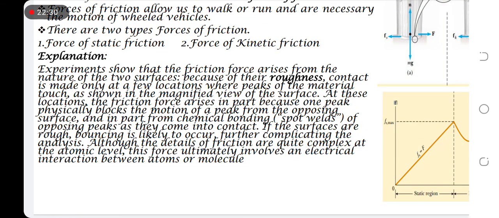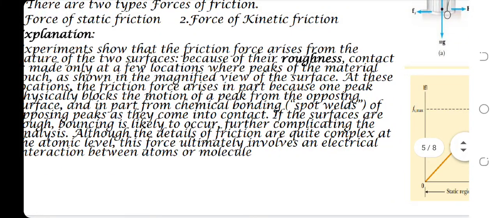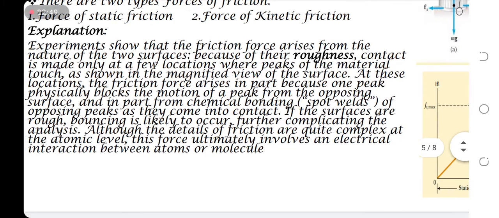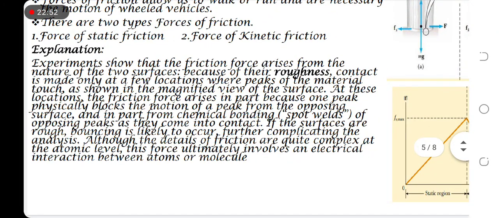Actually, the roughness produces some peaks, odd and even. The peaks of one body and jerks on the other body will lock each other. So friction is produced. We can see from the experiments that the forces of friction arise from the nature of two surfaces. Because of their roughness,